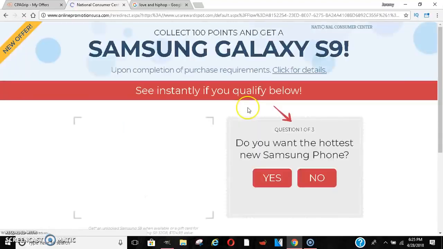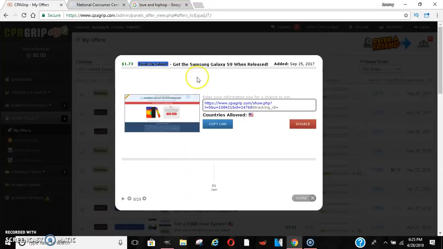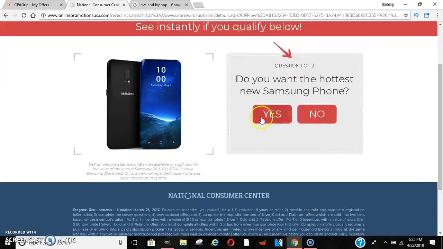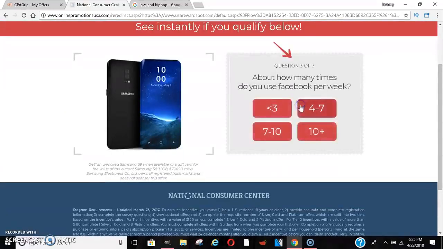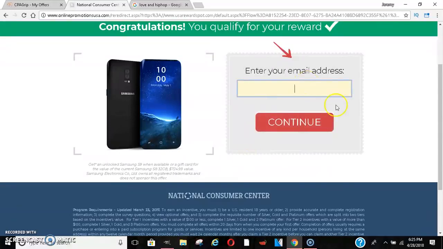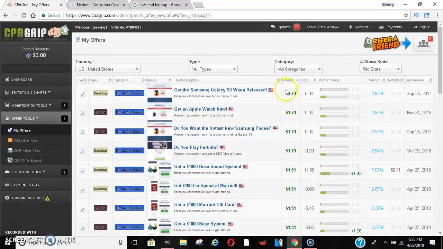So if I click on that, let's see if it says the exact same thing. I'm on the desktop, so Galaxy S9, perfect. If someone was to go through this and answer these questions, they'll say yes, just pick random stuff, and at the end it should have me put in my email. Bingo. Once they put their email in, I got whatever piece of money right there.